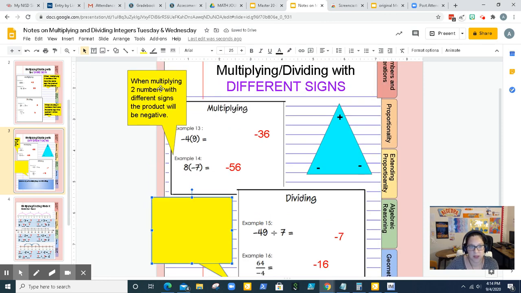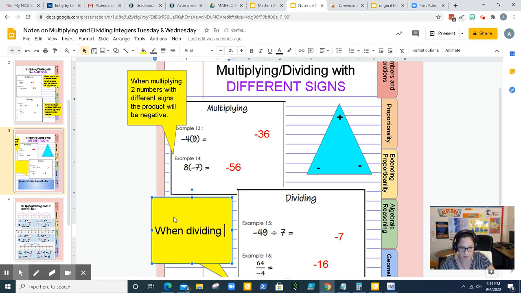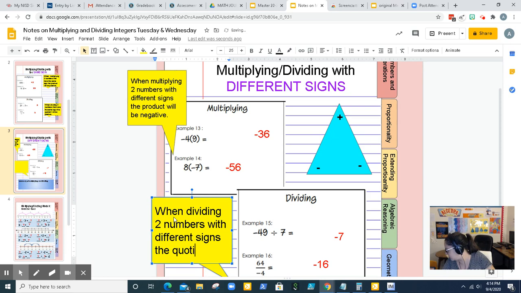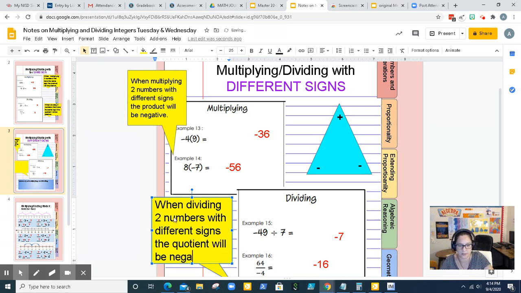So same thing, the exact same thing. When you have two numbers with different signs, dividing two numbers with different signs, the quotient will be negative. And if you want to make that a little bit smaller,